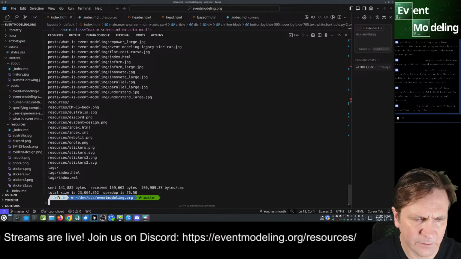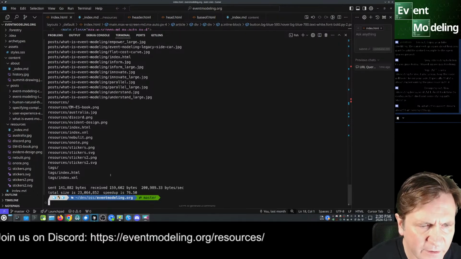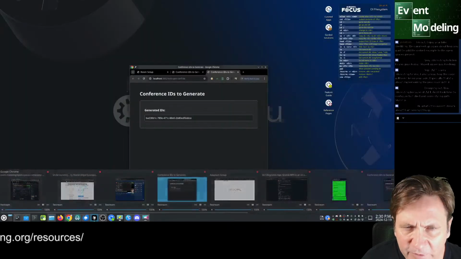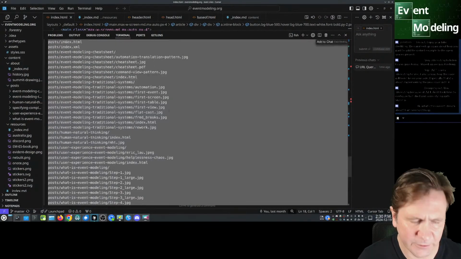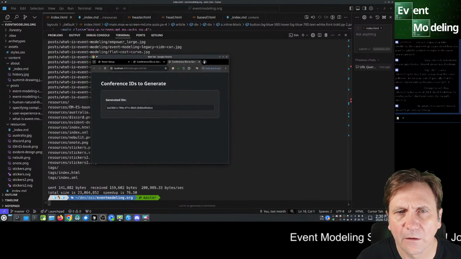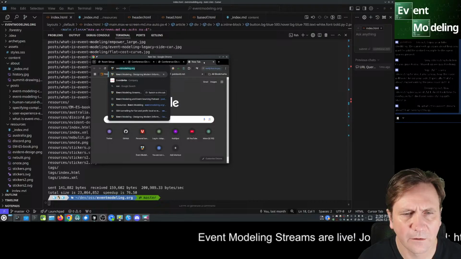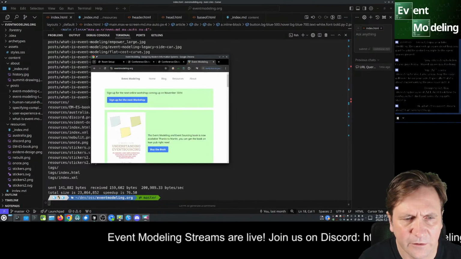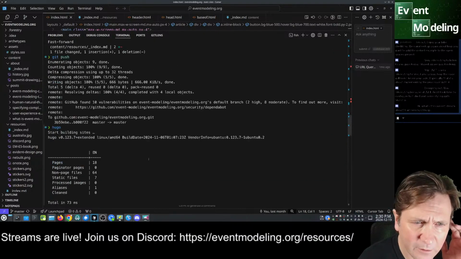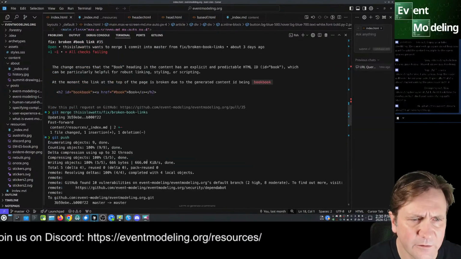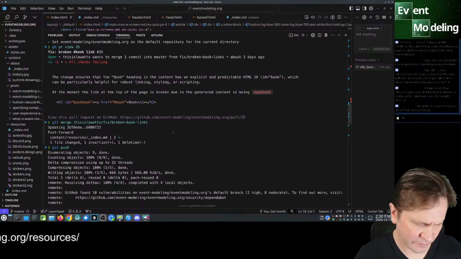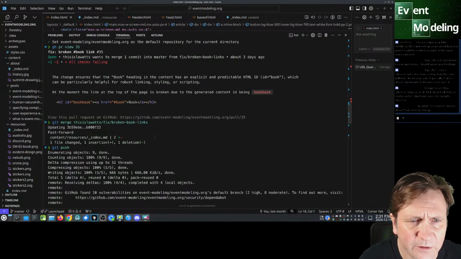Yeah, so let's see if I have a preview of something like this. Oh, there's event modeling. So what was this thing that we merged? This was book links, resources. Oh, okay, so there was a resources issue here.